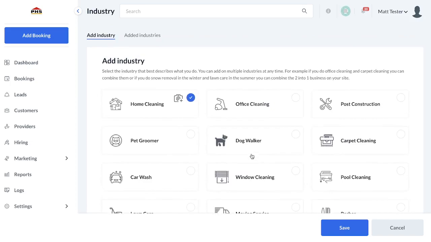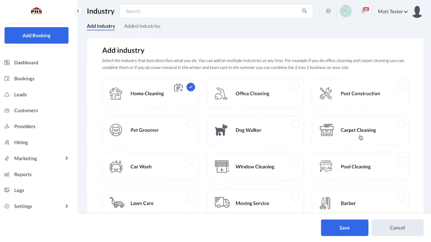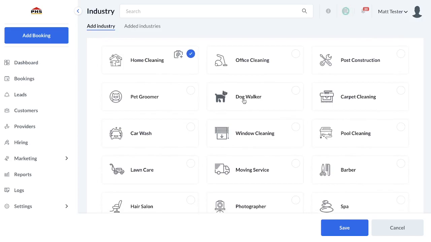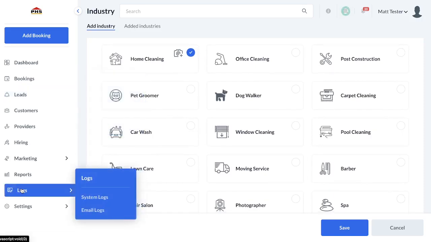So BookingKoala is just a fantastic system. I think we have this one, we have office, we have post-construction, we have carpet cleaning, and then I created just a separate home cleaning one and called it Airbnb for our cleaning company. These are completely customizable along with everything in the system. Now, I will say